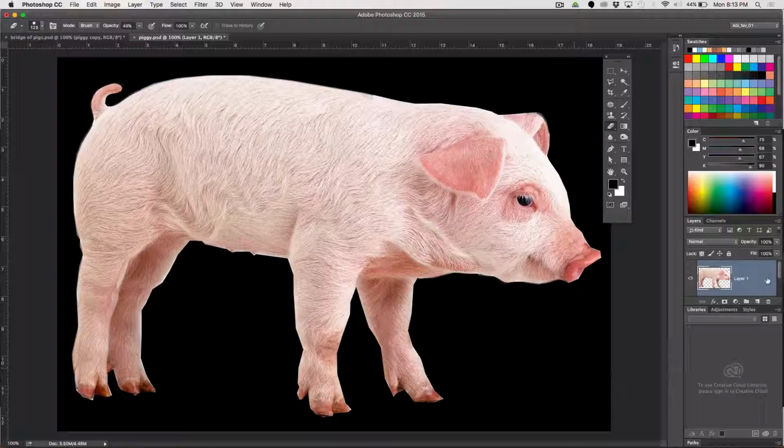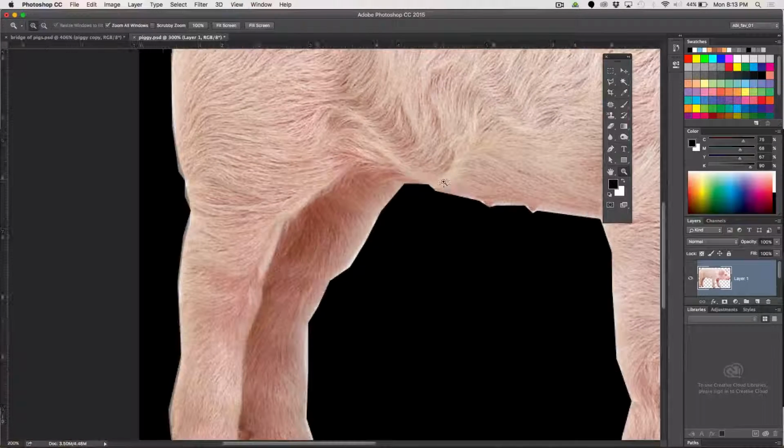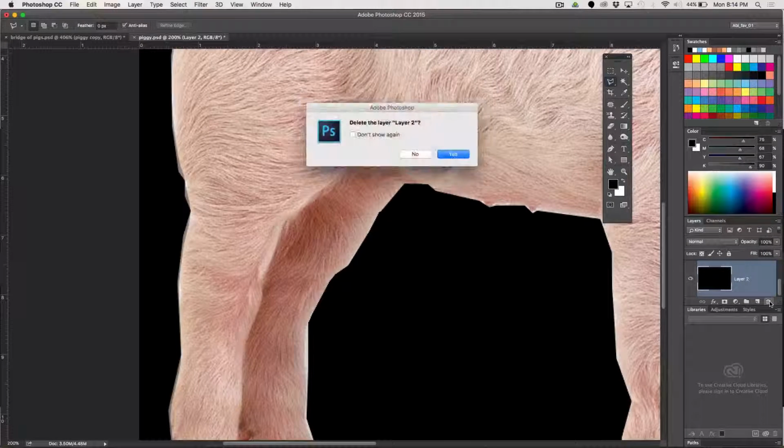All right, I'm going to zoom in. Okay. And I'll just do that with my lasso. Honestly, I could be more careful, but I'm not because of time. All right, and one more time. I don't want to be too picky. Good enough. All right, now I'm going to get rid of the black background, and yes, I'm deleting that layer,